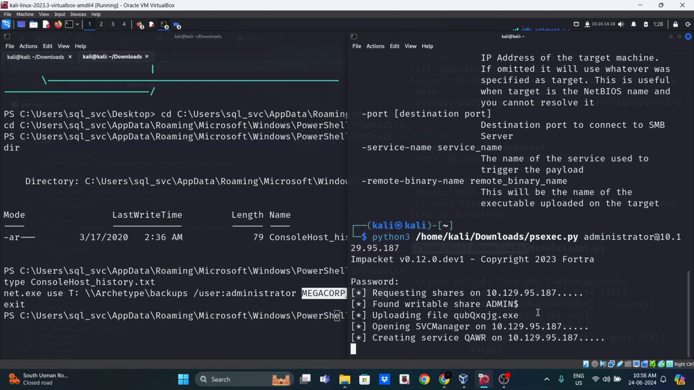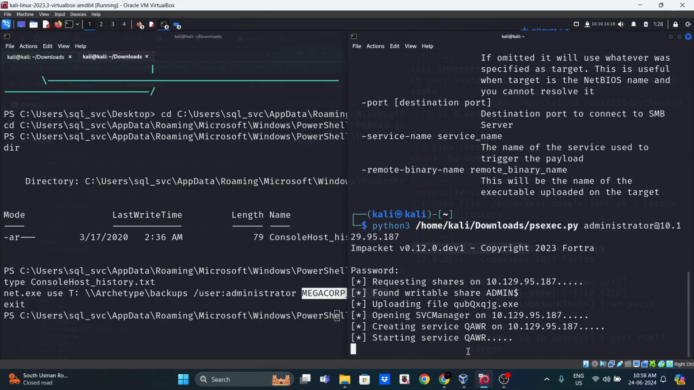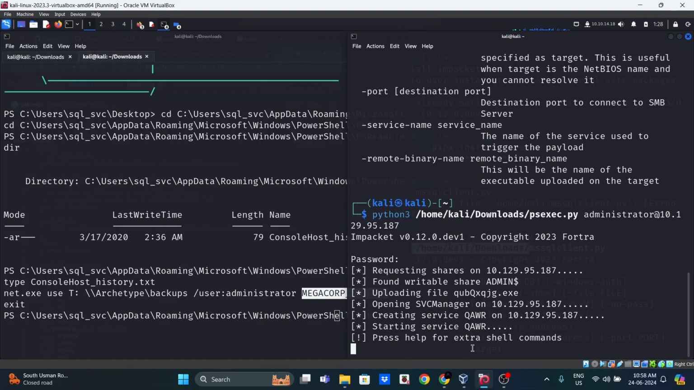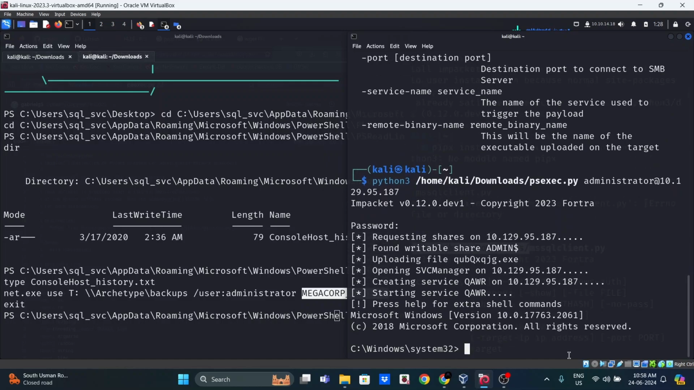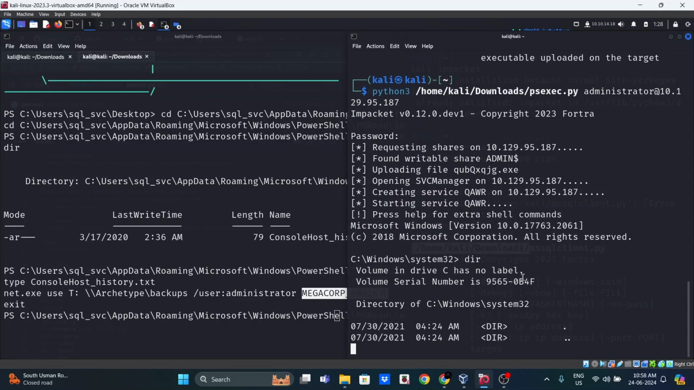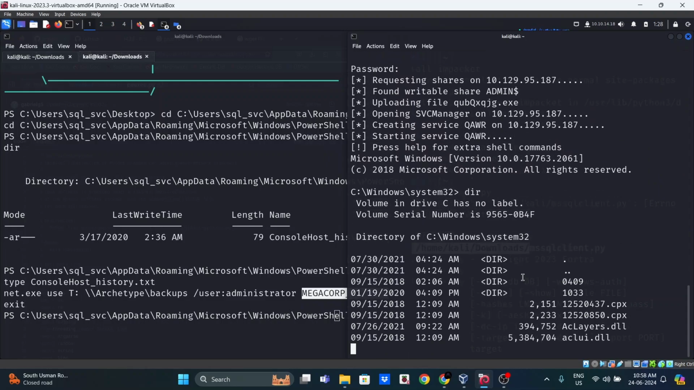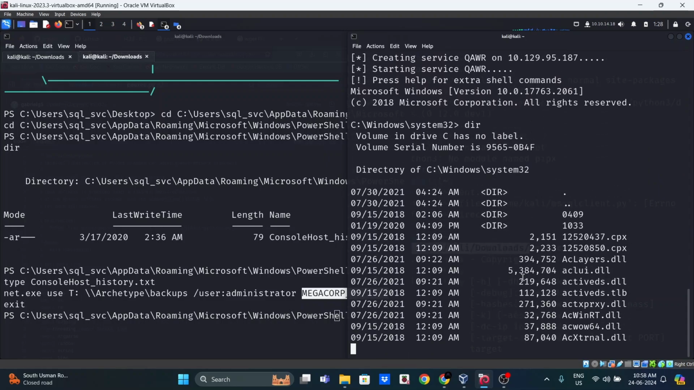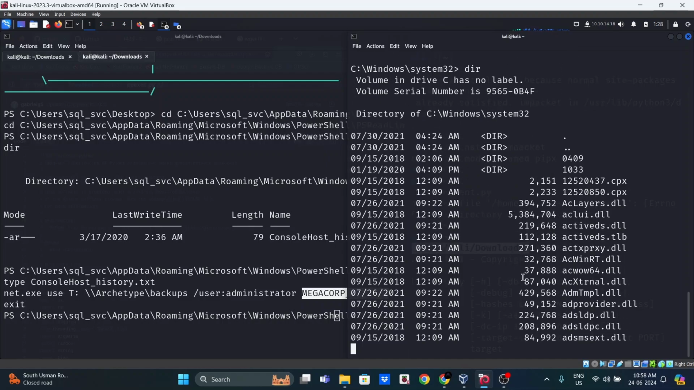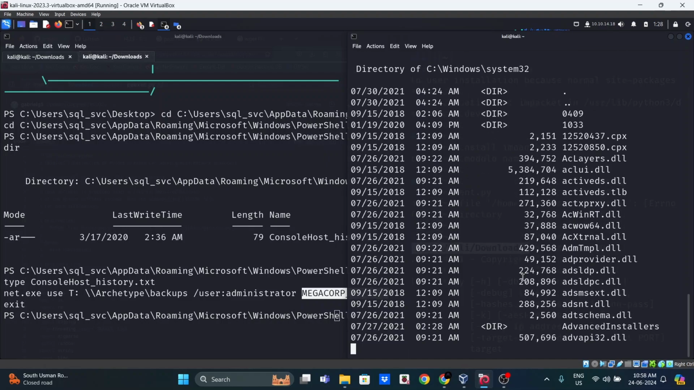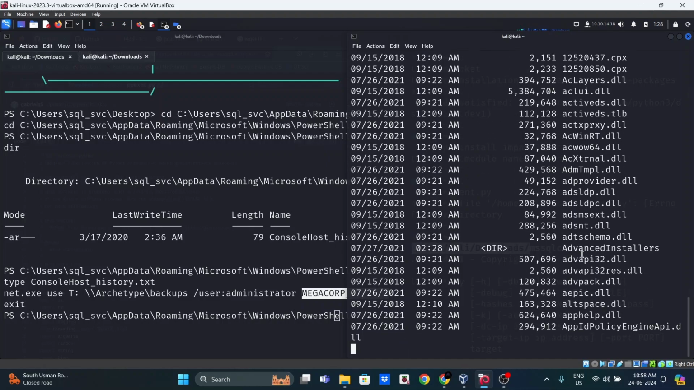Requesting shares, creating service, opening. All right, so we have signed in as the administrator. Now let's just display whatever is in the directory, and there are quite a lot of files,